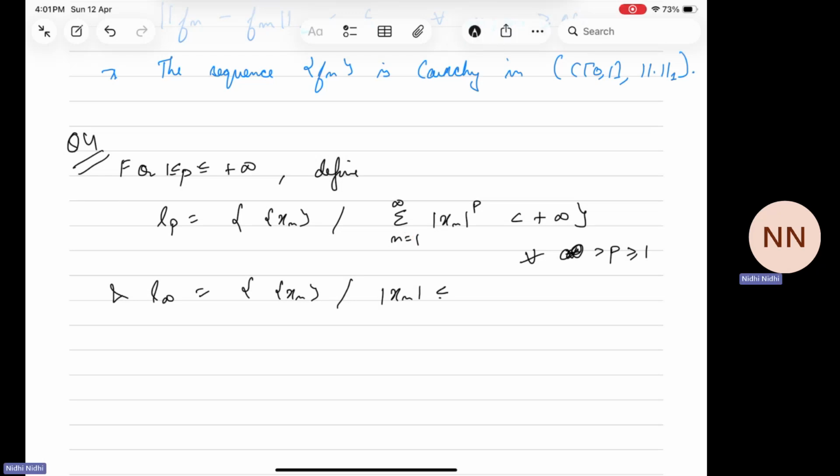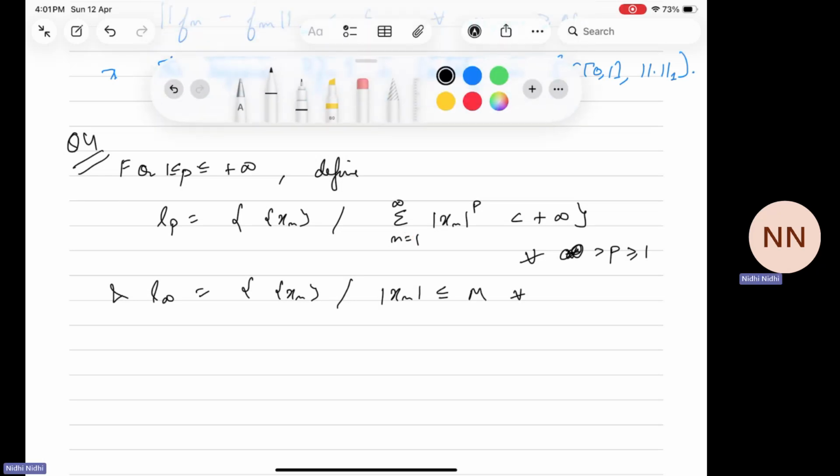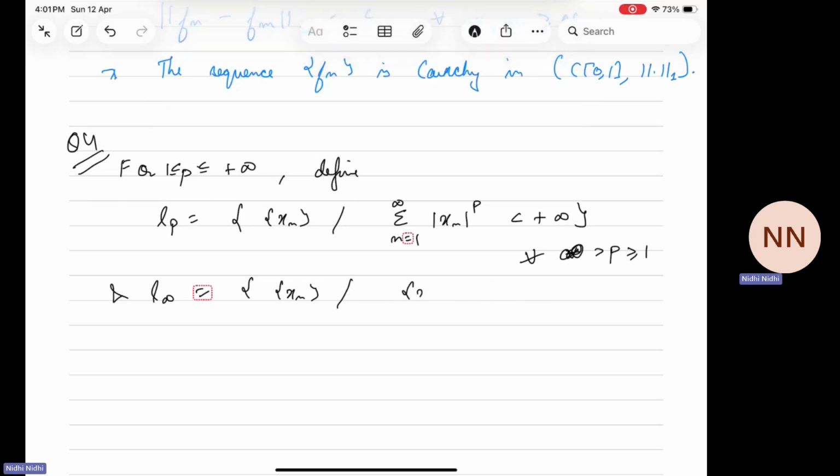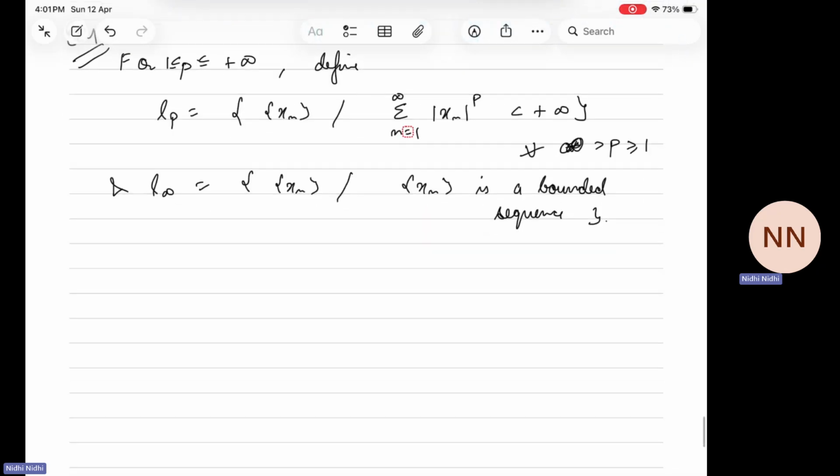Mod xn is less than or equal to M for every n, where this M is not fixed. So xn is a bounded sequence. And consecutively, we define this norm,